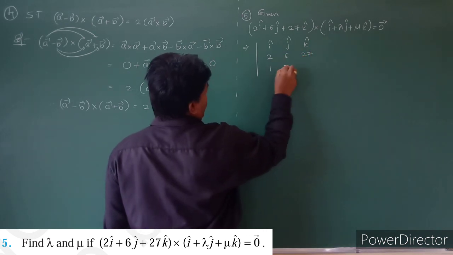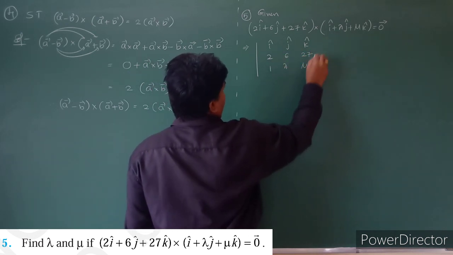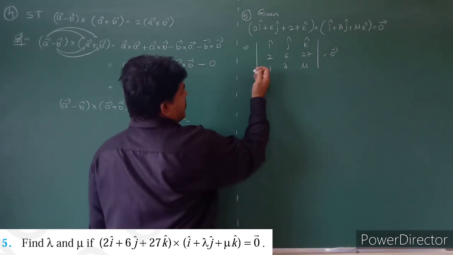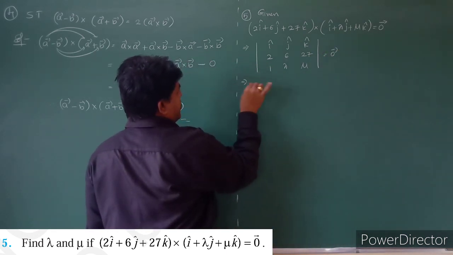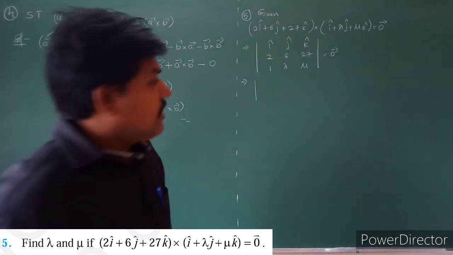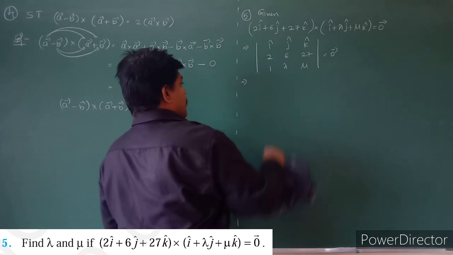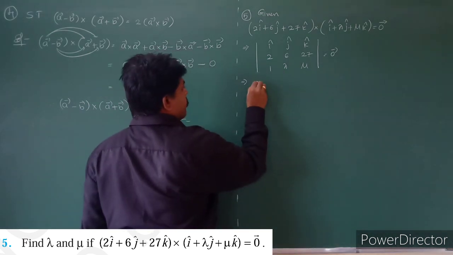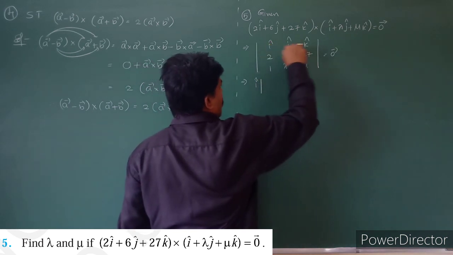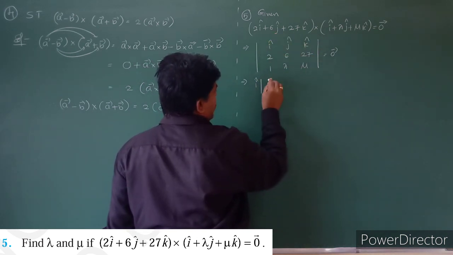Take the components 1, lambda and mu, that is equal to 0 bar. So expand this determinant, what happens? I will expand the determinant. So what do you get? I can delete the row and column. What you get, 6,